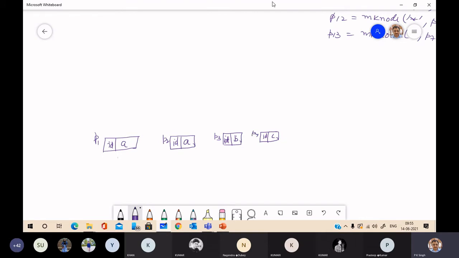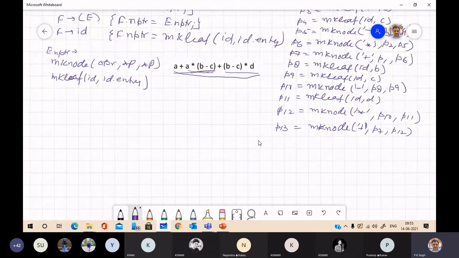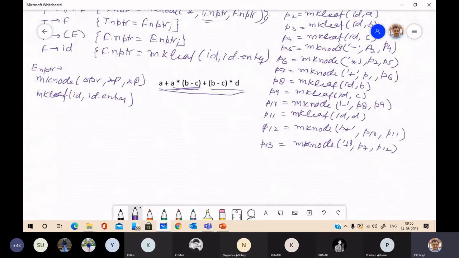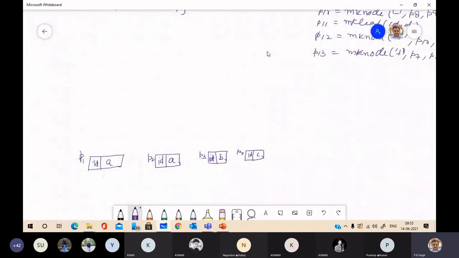Now come back to the code again. Now P5 is make node minus P3 P4. So it will compute,